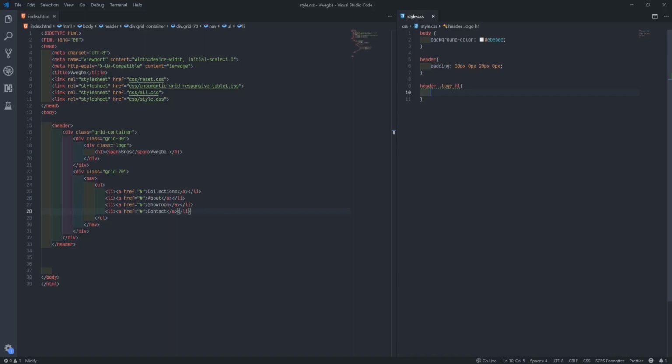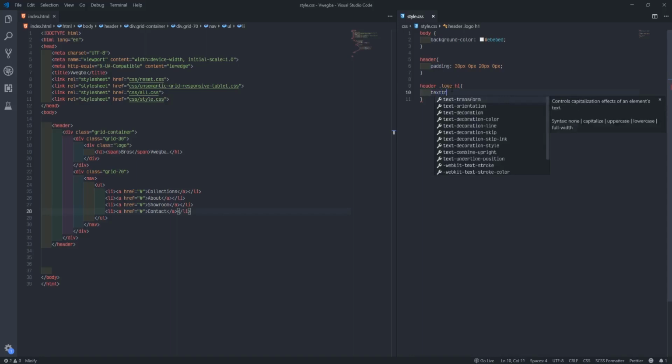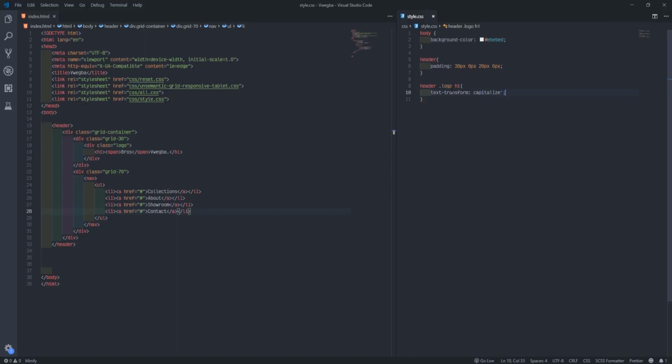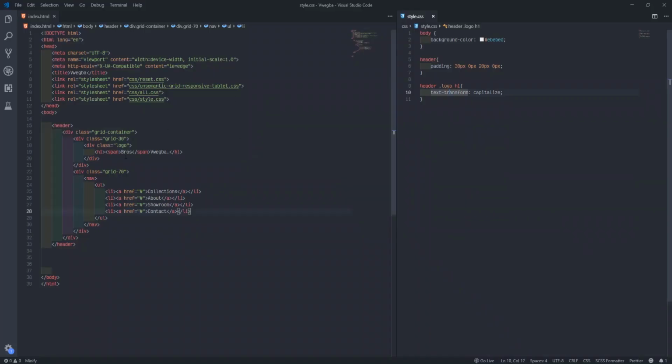So I'll come in and say okay, I want to capitalize the text now. So text-transform: capitalize.